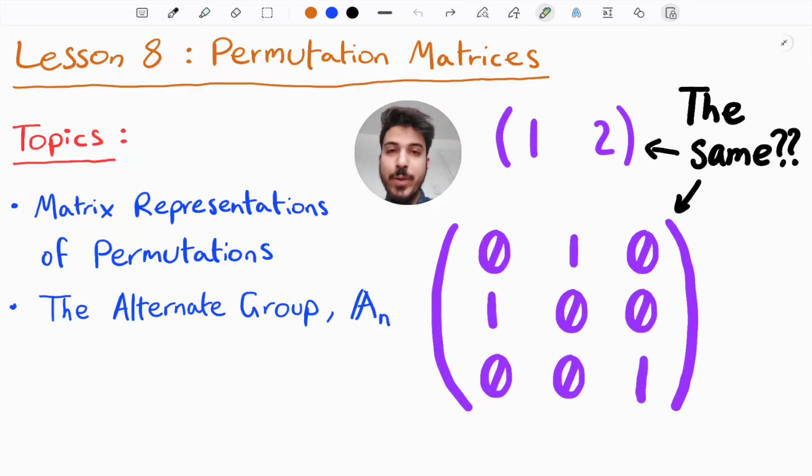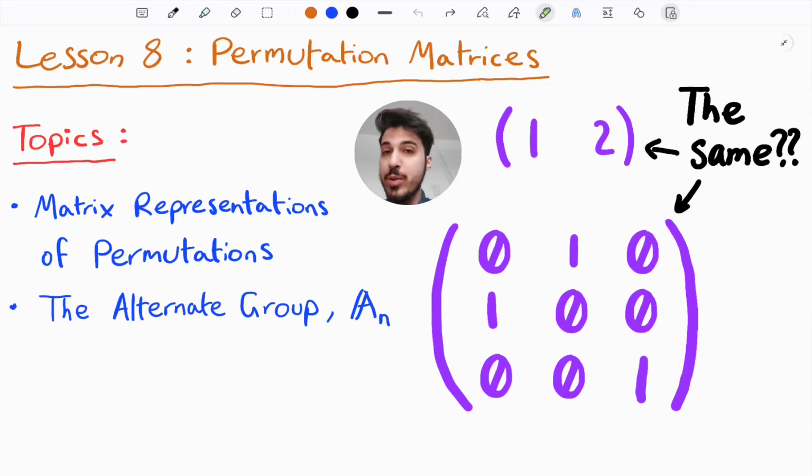In this course, we've seen a lot of groups, one of which was the symmetric group in lesson 5. I highly recommend you check that out, as it is a very interesting group of permutations of a set. The permutations could be represented by cycles, and this greatly reduced our computations in, for example, computing the composition of two cycles. But what if I told you there is a way to classify the cycles and the permutations in